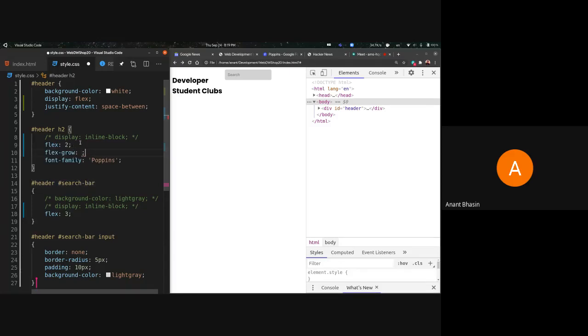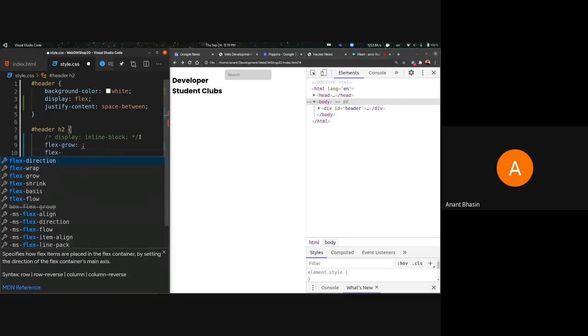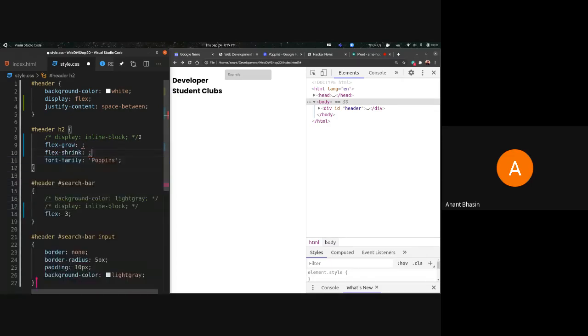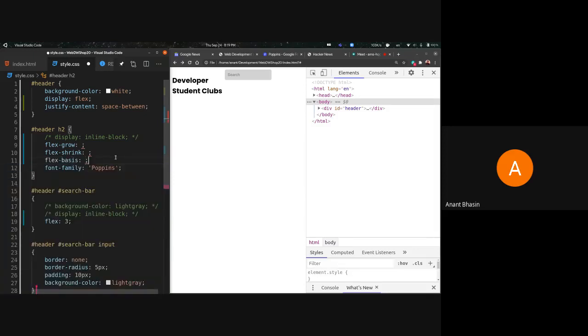So let's just remove this for now and give you all the different properties. So flex grow, flex shrink, and flex basis. Just a very simple explanation: flex grow is the maximum ratio it's going to take with respect to all the other sibling elements. Flex shrink is the minimum space proportionally it's going to take, and flex basis is the default space you want it to take.